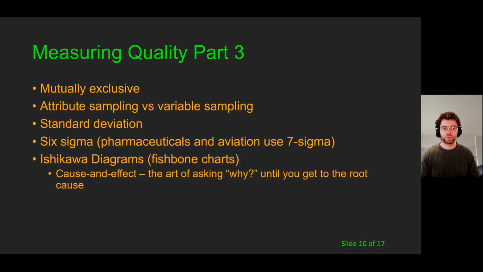Because when we talk about attributes, what this means is we're talking about a binary, pass-fail, true-false type of scenario, of a singular result at a point in time, versus variable sampling, which is how well something conforms to quality. And this would be something like the level of tolerances of batches in parts per million or billion, versus attribute, where you are taking a particular characteristic of something at a particular point in time.